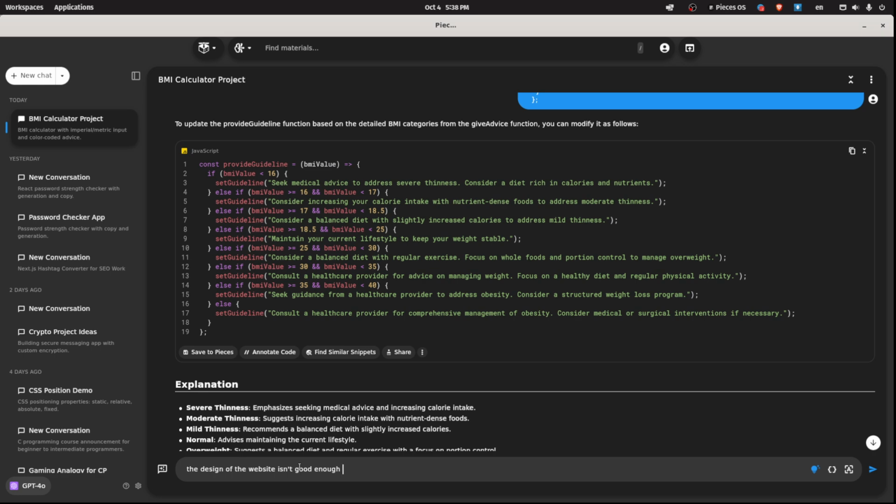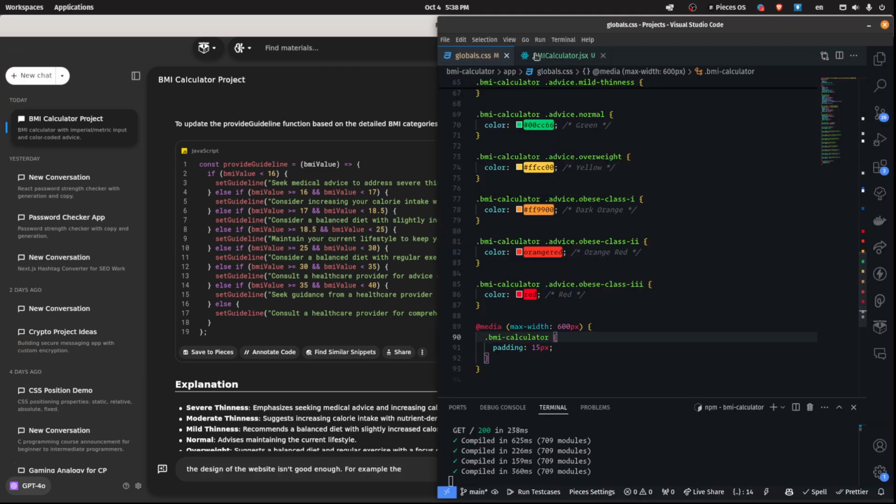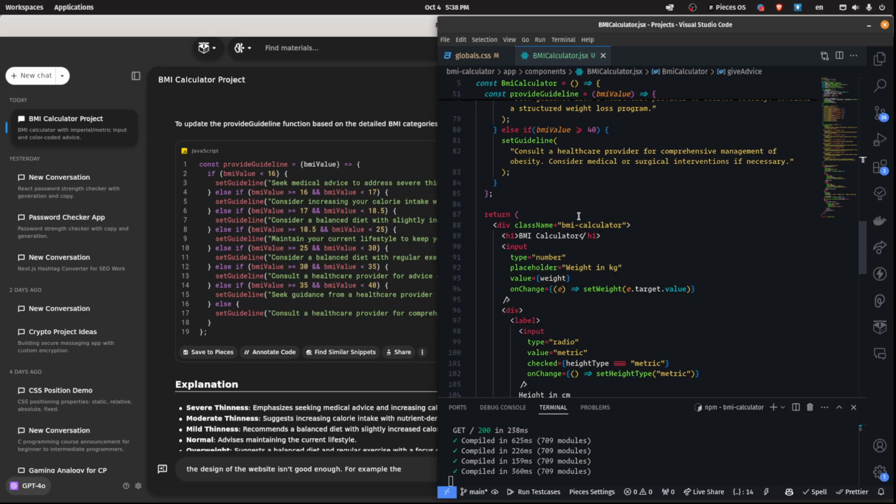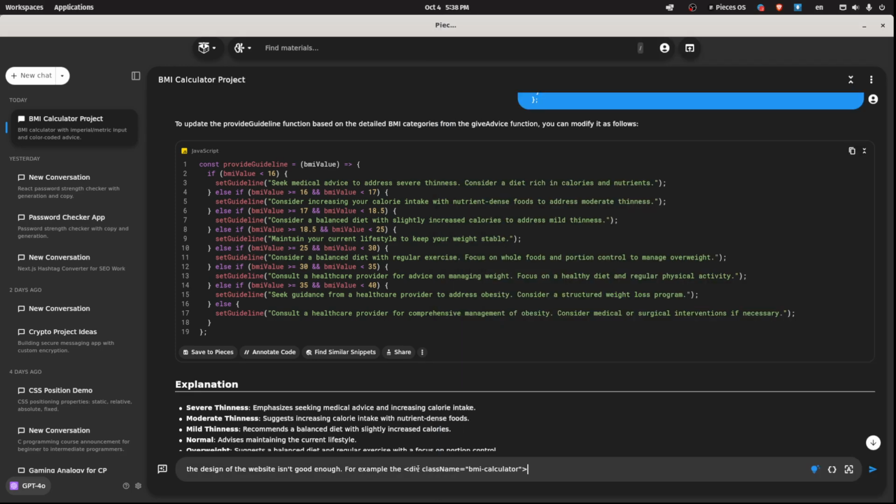For example, what is the class name actually? So the class name here is BMI calculator container, size is so small,